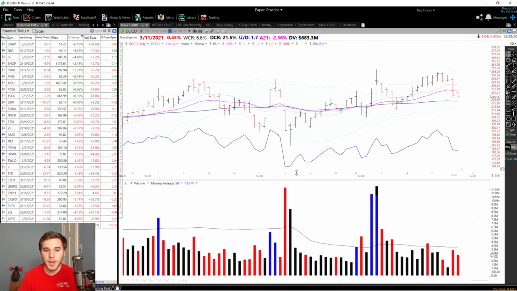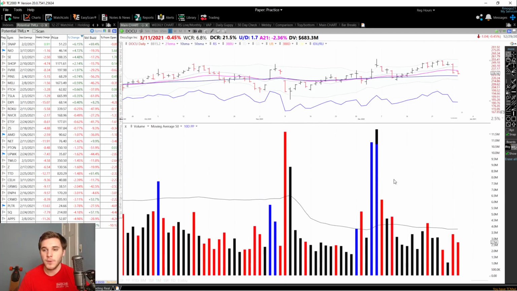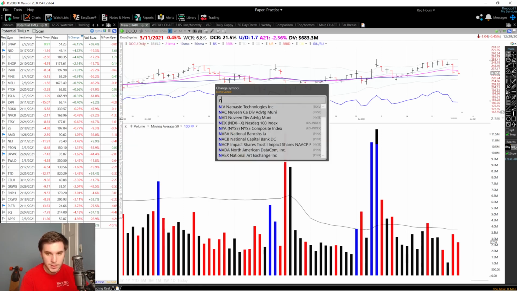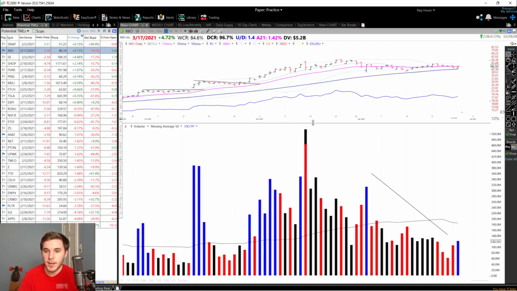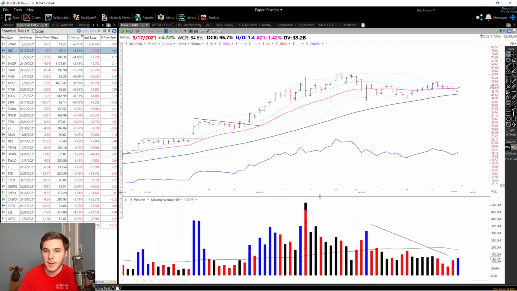So next up, we've got the volume, and you want to look at volume along with price to kind of determine the emphasis of those price moves. And if we go back to NEO, you can see that you had a huge spike of selling on this day right here, which was this downside reversal, and it continued to go up for a few more days, but shortly after that it topped. And then you have some nice reversals on volume, indicating that there is support within this price base